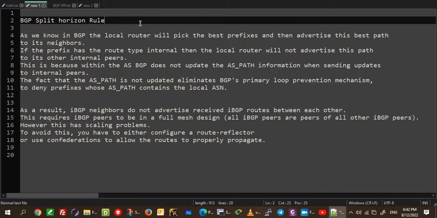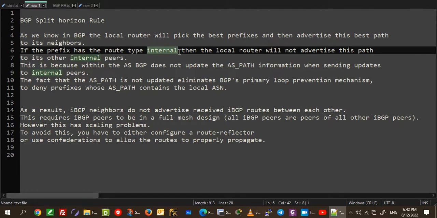As we know, in BGP, the local router will pick the best prefix and then advertise this best path to its neighbors. If the prefix has the route type internal, this is IBGP, then the local router will not advertise this path to other internal peers. Okay,